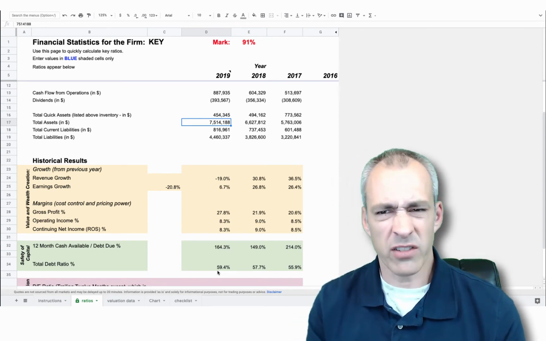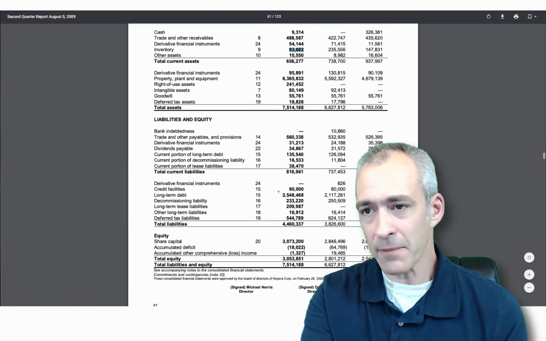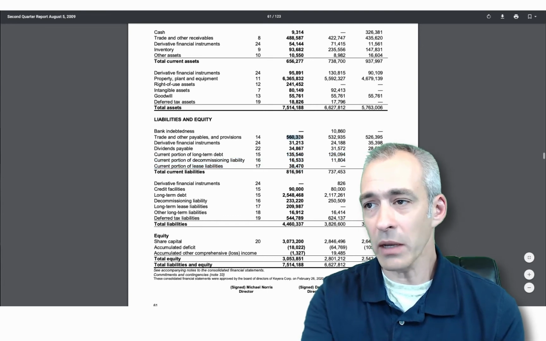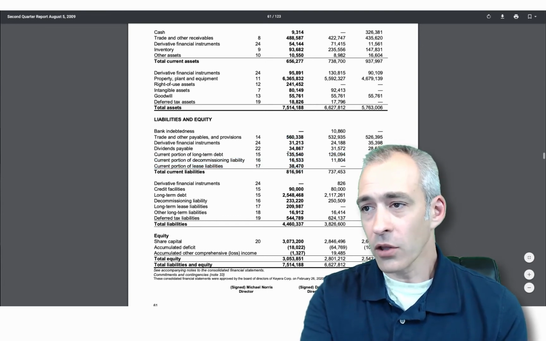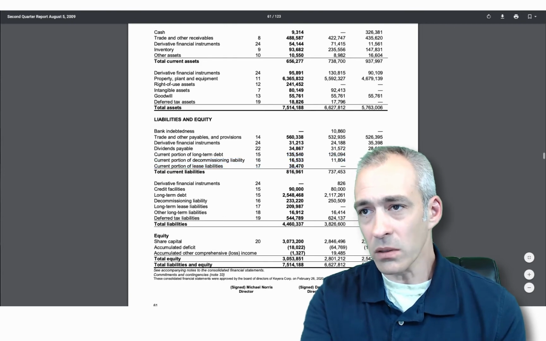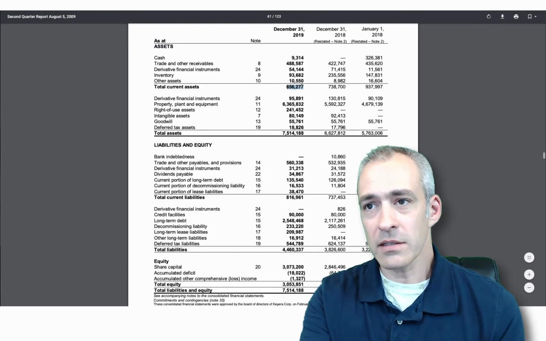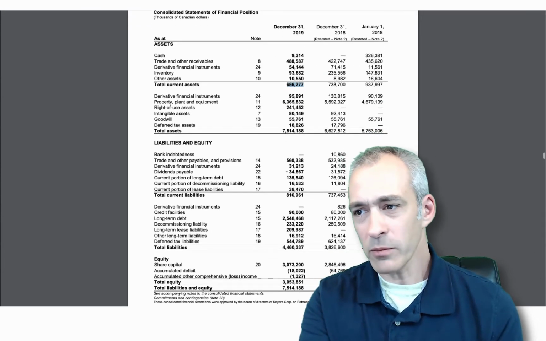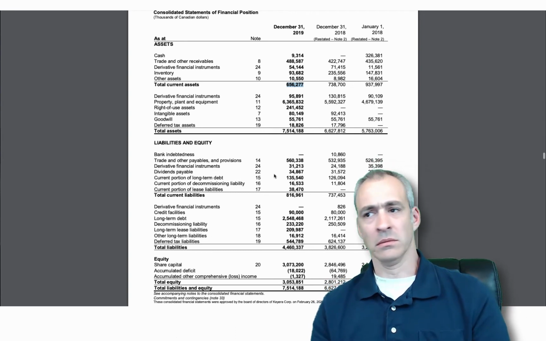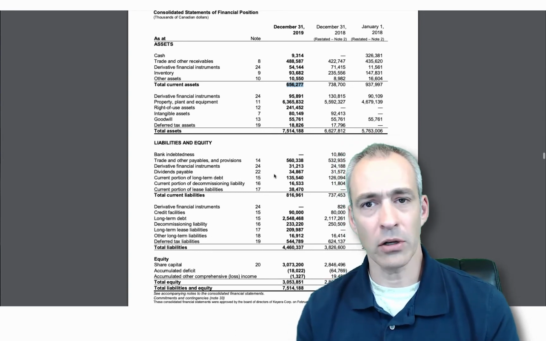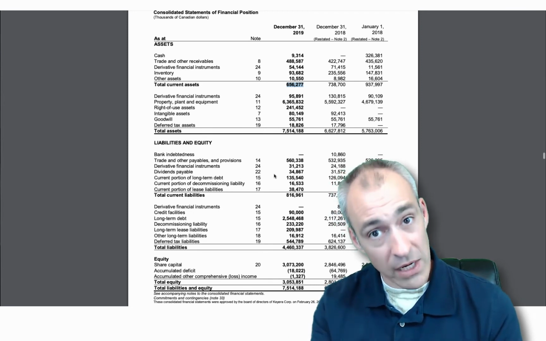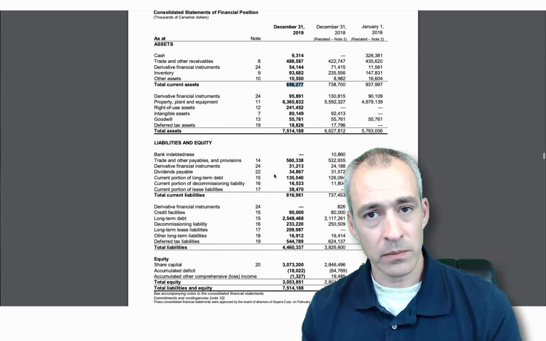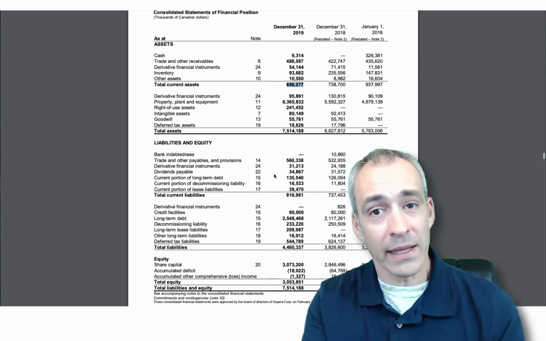Will this firm survive? Sure, you don't even need ratios for that. You can see what their debt is. Look at the current portion of all of their debts. They have these accounts payable, and they have ongoing long-term debt payments of maybe 200 million total. And look at how much their short-term assets easily cover that, and they have substantial profit and are expected to make profit. They'll be able to cover their long-term debt for a couple of years. It shouldn't be that bad at all. Plus, if you read more information, they have a line of credit of $1.5 billion, and they've only used 90 million. So they have emergency funds as well already in place.